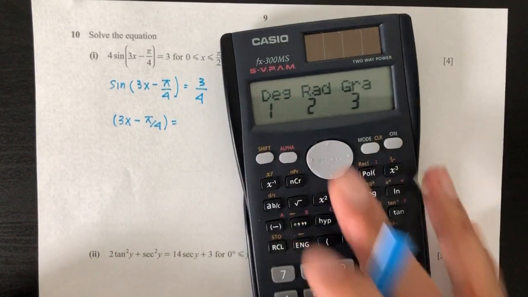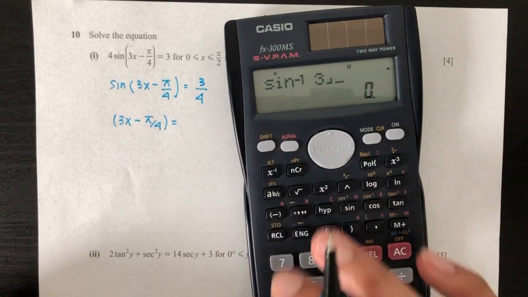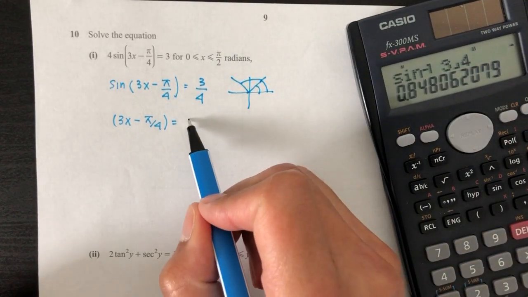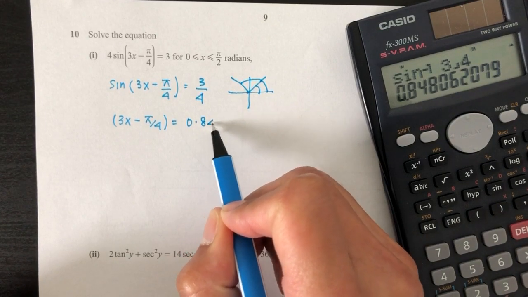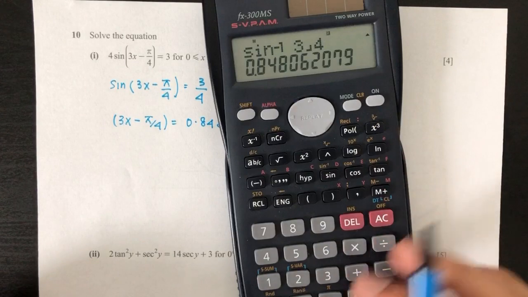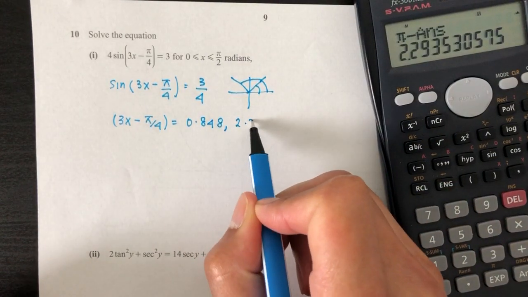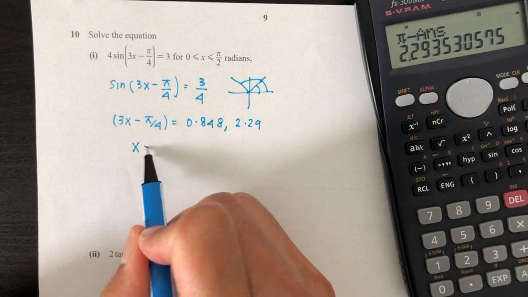That will be in terms of radians. So sine inverse of 3 over 4 should be 0.848. And then there should also be this one, which is pi minus answer, 2.29. So the value of x will be what? Will be